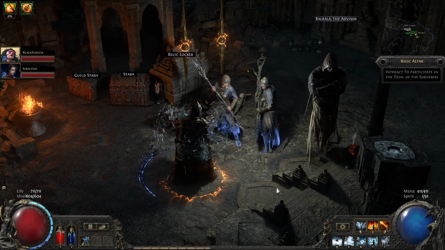The ritual has been destroyed. Are we good? Watch for these spikes. What is this thing? Nothing. Here's the silver key. Alright, and now...